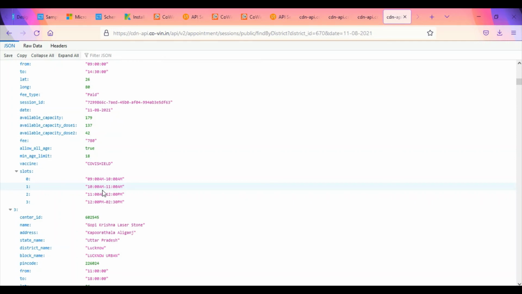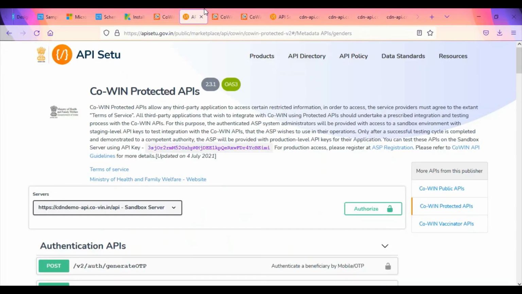So I thought of just sharing the CoWIN API. You will not be able to do this on Postman or Katalon, but if you have registered for the API with the CoWIN app, you can definitely. What happens is they usually don't allow you to have it openly, so that it doesn't get abused, and of course it will put load on the server as well.